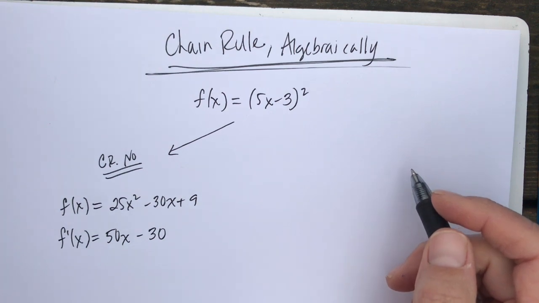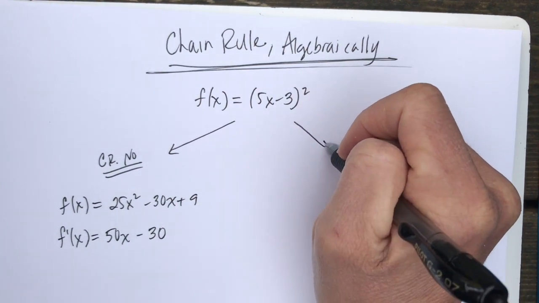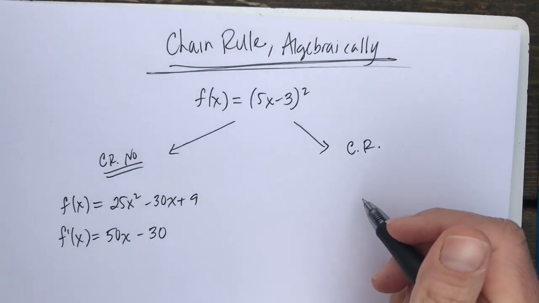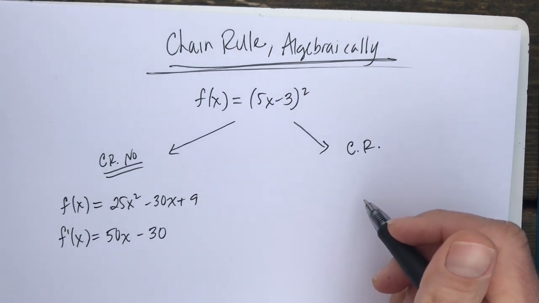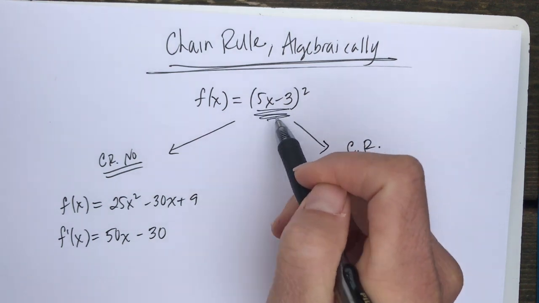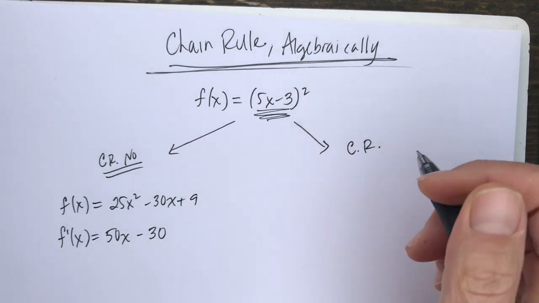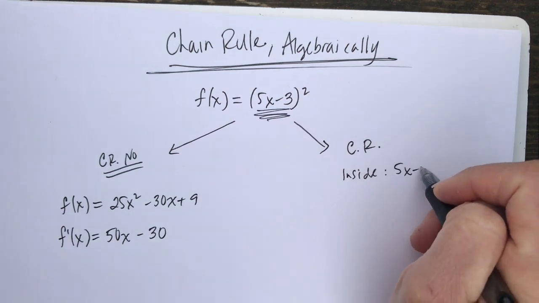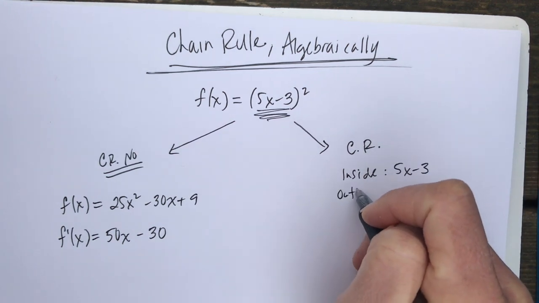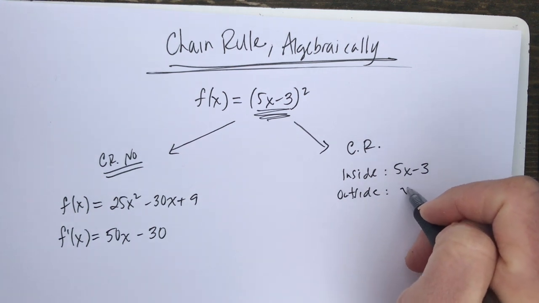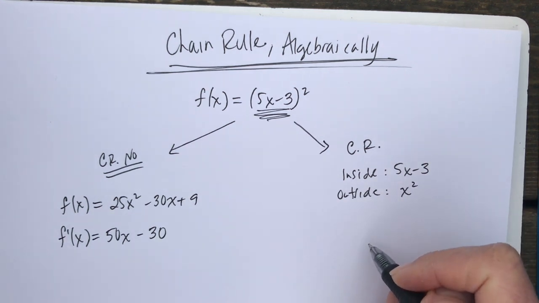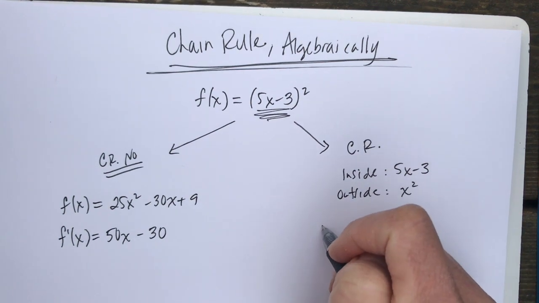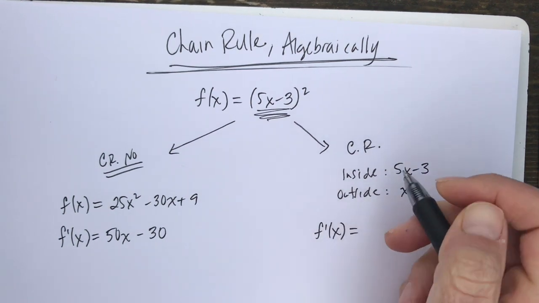Well, if I want to look at it where the chain rule is in effect, the chain rule, if you saw the other video, we apply the chain rule when we have a function inside of a function. So my inside function is 5x minus 3. My outside function is something squared. So if you can recognize this, using the chain rule to take the derivative, f prime of x, I take